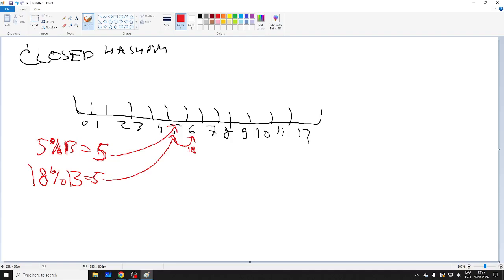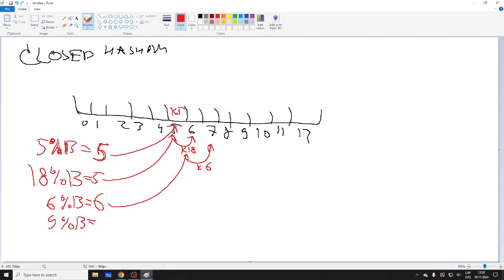So, the bad news is, you say, okay, what's going to happen with 6? The order matters. So 6 mod 13 is going to be 6, obviously. So we go to 6, but it's taken, some number 18 is taking our place. What do we do? We go to the next one. We take 7, and this stores key 6. So, key 6, key 18, and key 5. I call it K5, here.